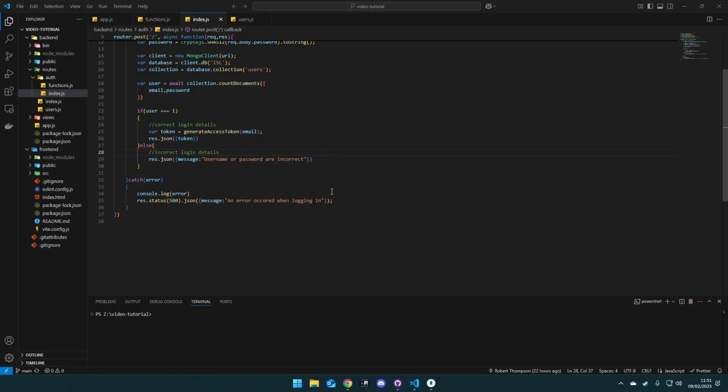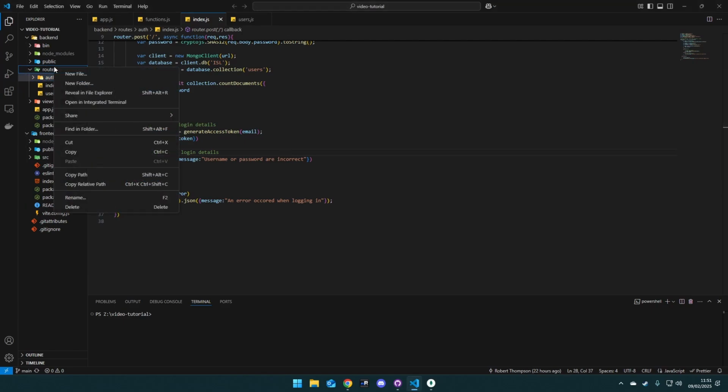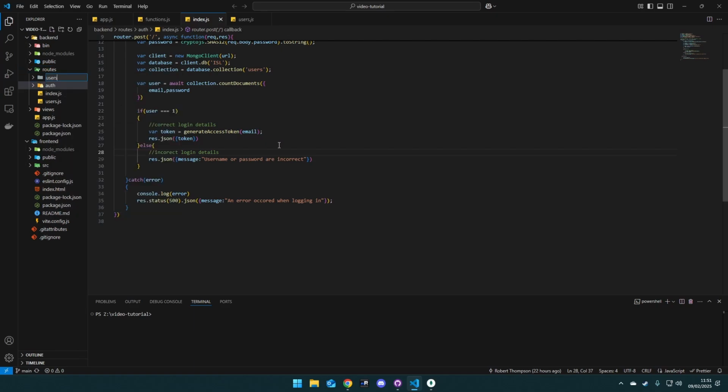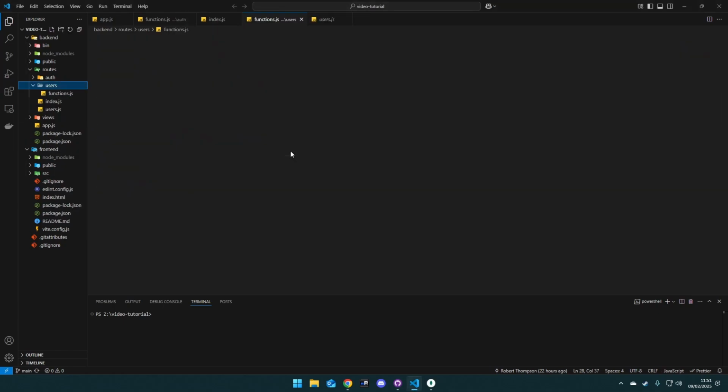Okie dokie, so I'm going to continue on from last session in setting up the login system. We did the authentication and now we're going to get the users working. So I'm going to create a new folder called users. In the users folder, we're going to create a new file called functions.js, this is all on the back end still. We're going to start off in the functions.js by